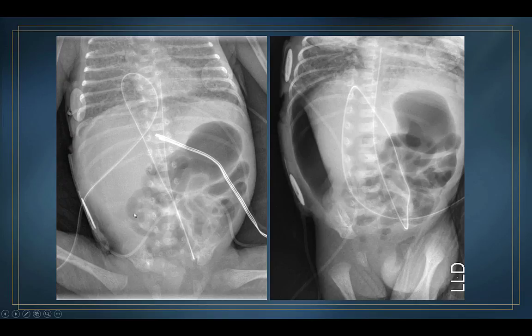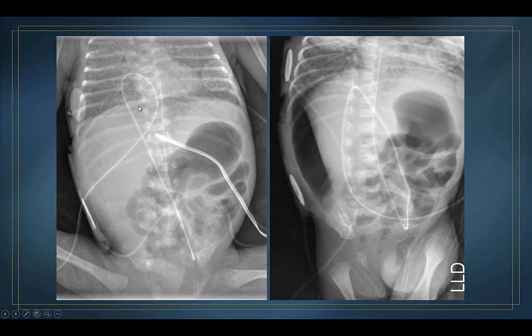Clearly in this patient you can see that the right lobe of the liver is just lucent. It's too lucent. Generally the density of the liver should be the same as the muscles of the abdominal wall. You can see these are the muscles of the abdominal wall, and the liver is too lucent. So this obviously is a pneumoperitoneum, but the main thing I want you to understand is